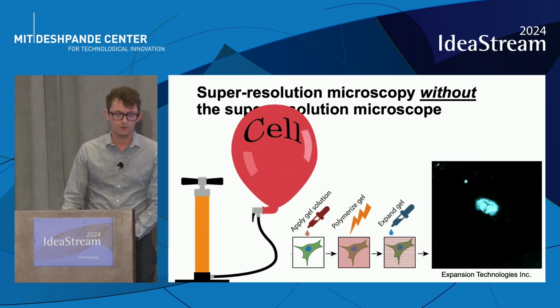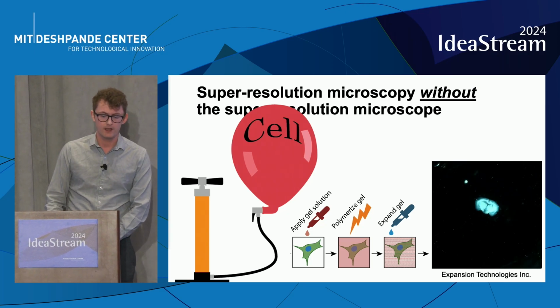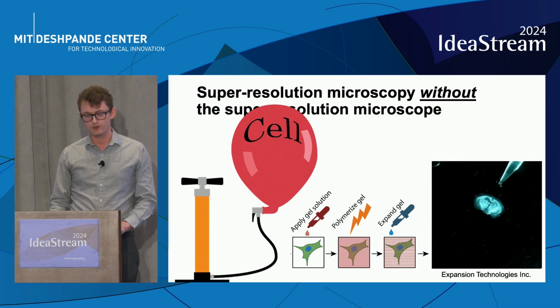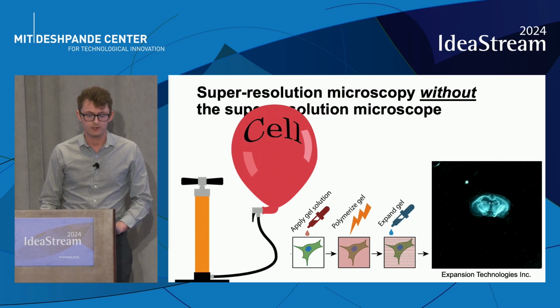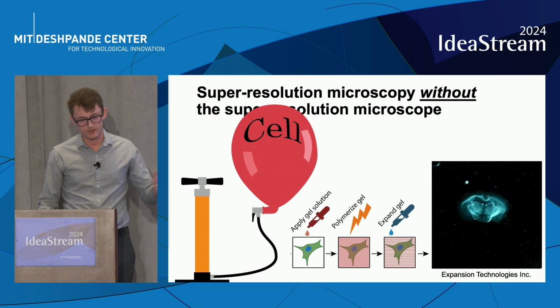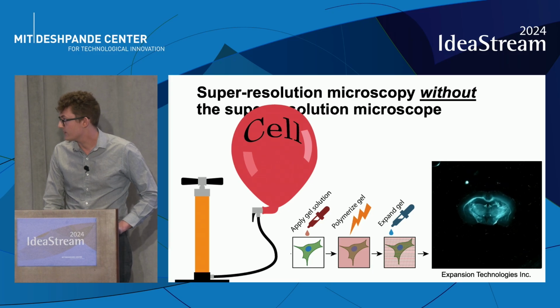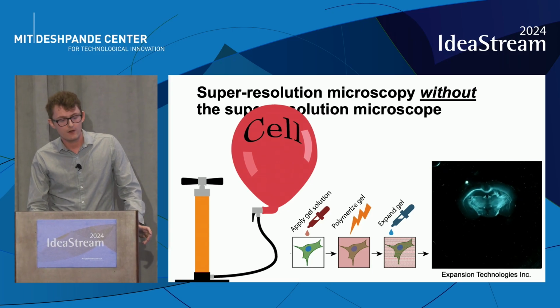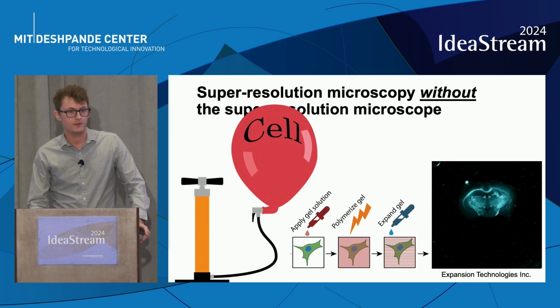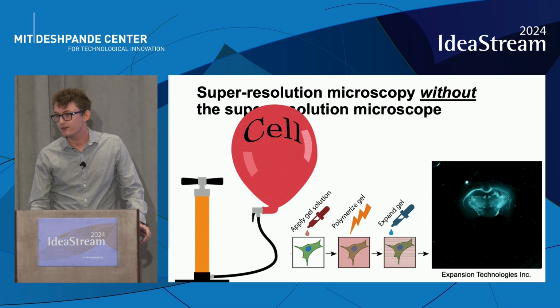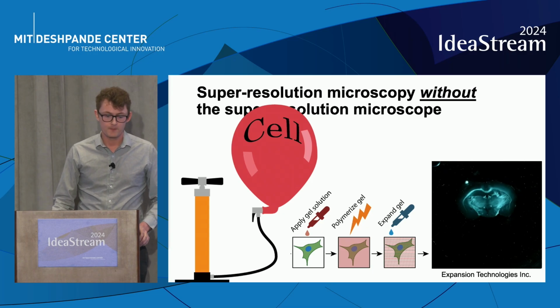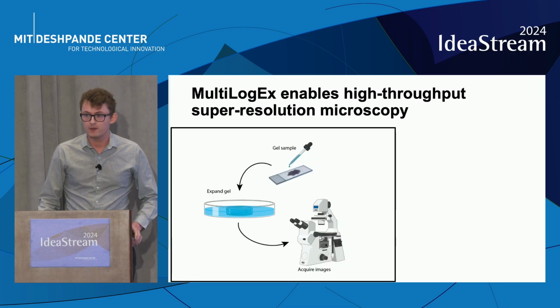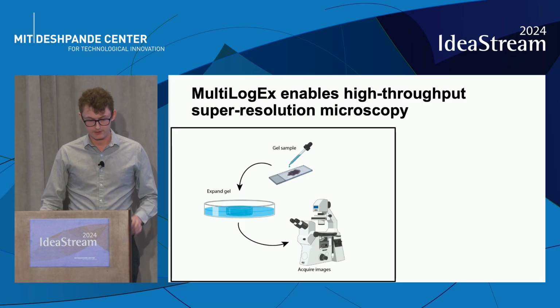And as that hydrogel swells, so too do the cells embedded within, and we get cells that are essentially larger that we can effectively image at a higher resolution by virtue of that fact. We can see an example of this happening here on a slice of mouse brain tissue. Now this is a fantastic technology because it allows researchers to do super resolution microscopy using the same protocols and materials and even microscopes that they're already using and already comfortable with. But throughput has still been limited to the preparation of individual samples on glass slides.